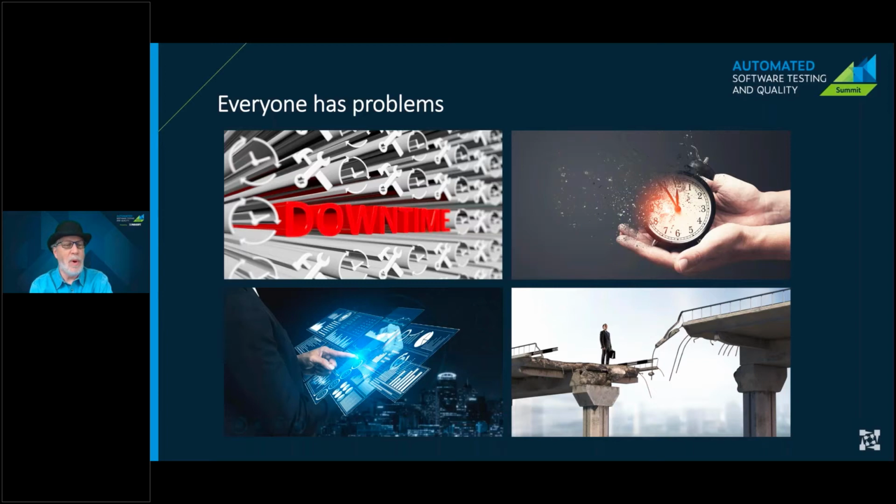So I wanted to just cover a couple things about why we're doing what we're doing here and how this summit is really interesting. This is real people talking about the real issues that they face, making sure that their software works properly. And everybody has issues and challenges and problems that they face, whether it's too much system downtime, whether it's testing simply takes way too long, whether it's, hey, we can't even test this thing until we deploy it, so we're forced to release it without as much testing as we want. Or sometimes, things break when we make changes. Even a small change may cause some kind of a serious problem.